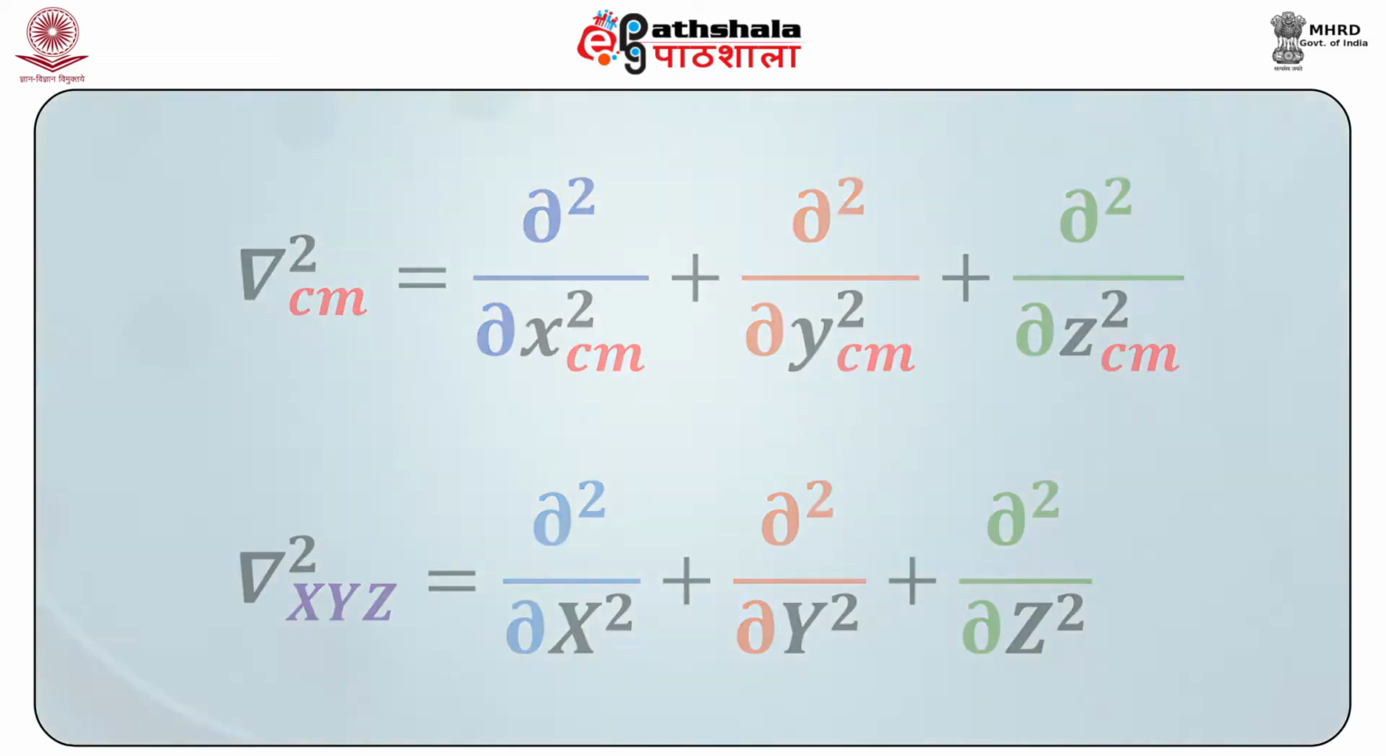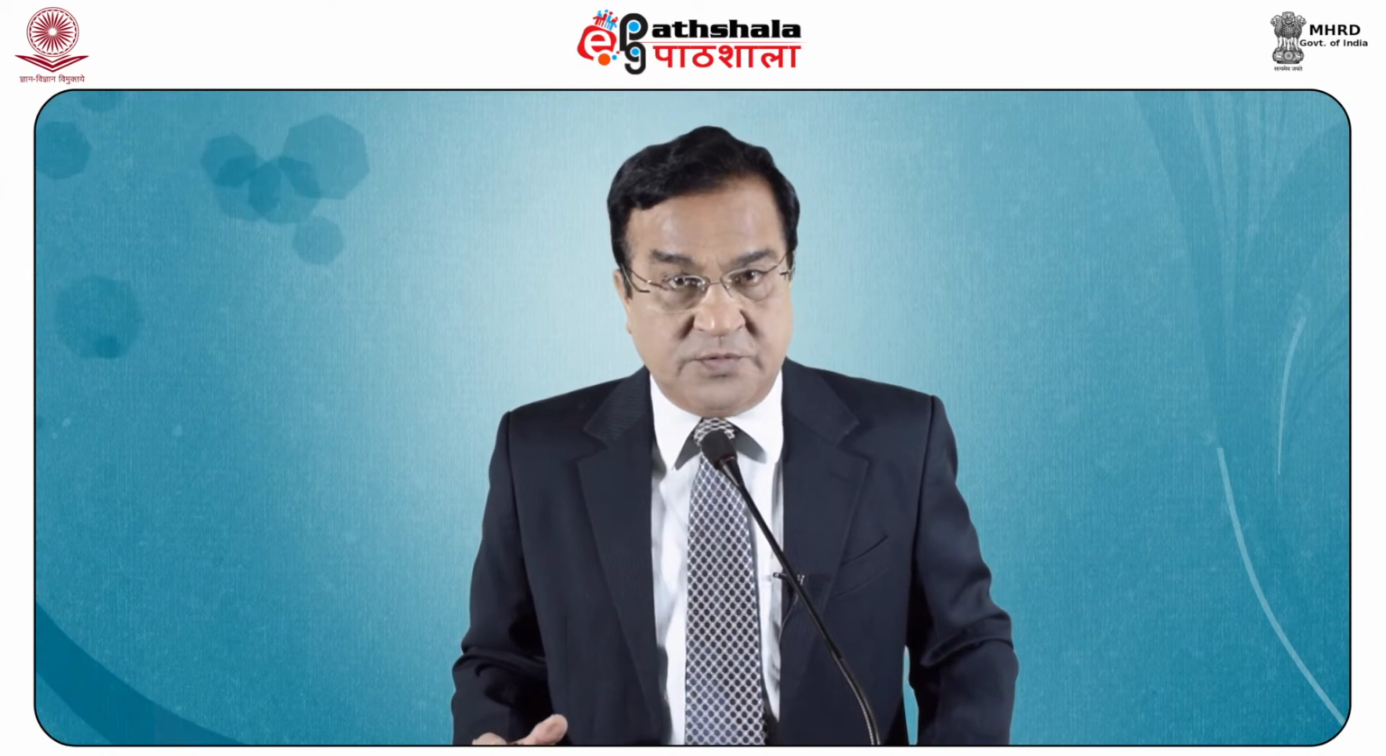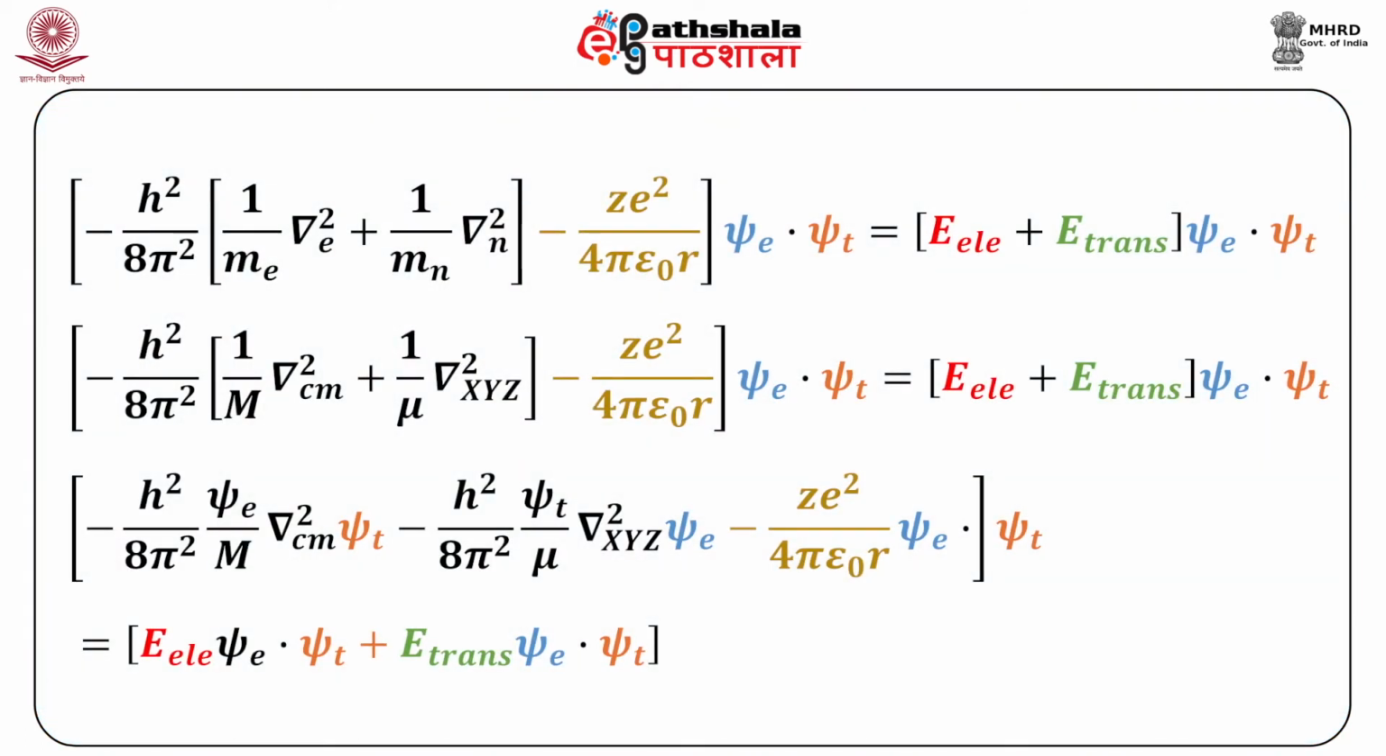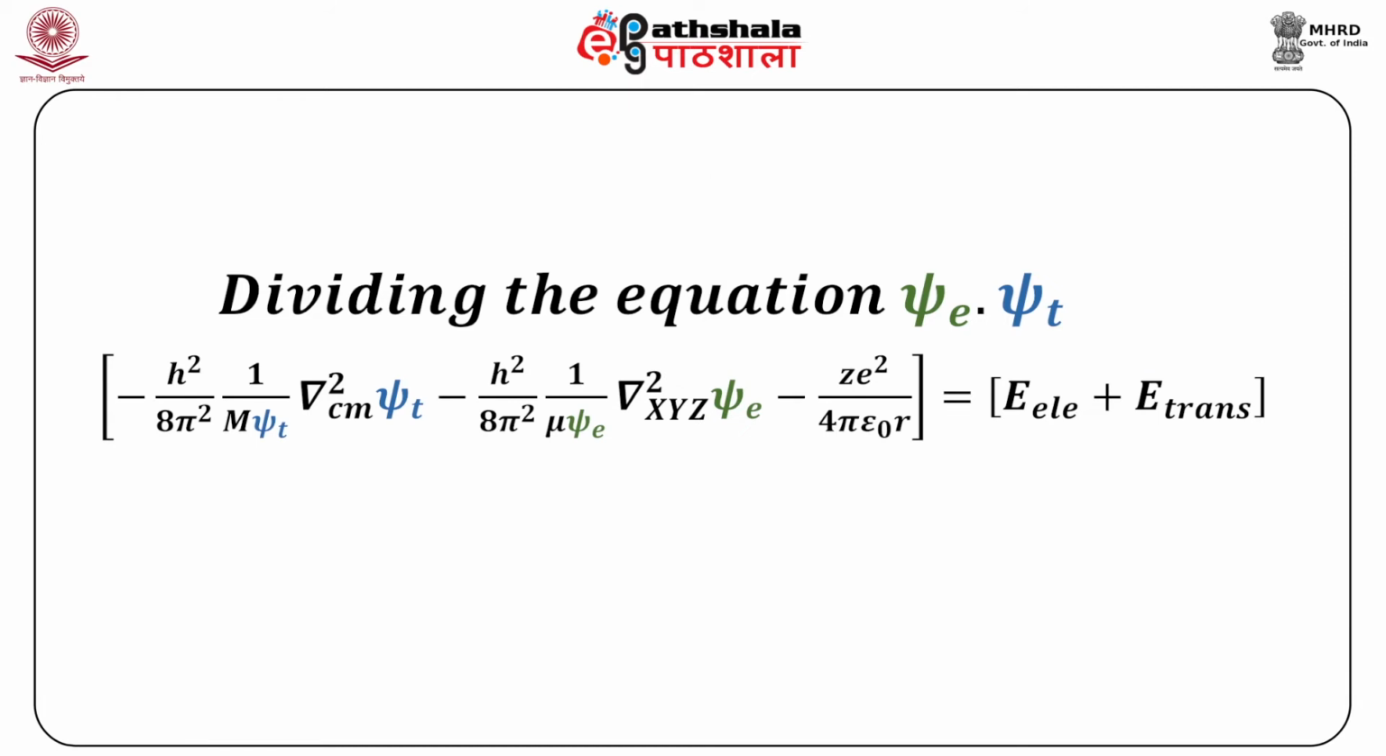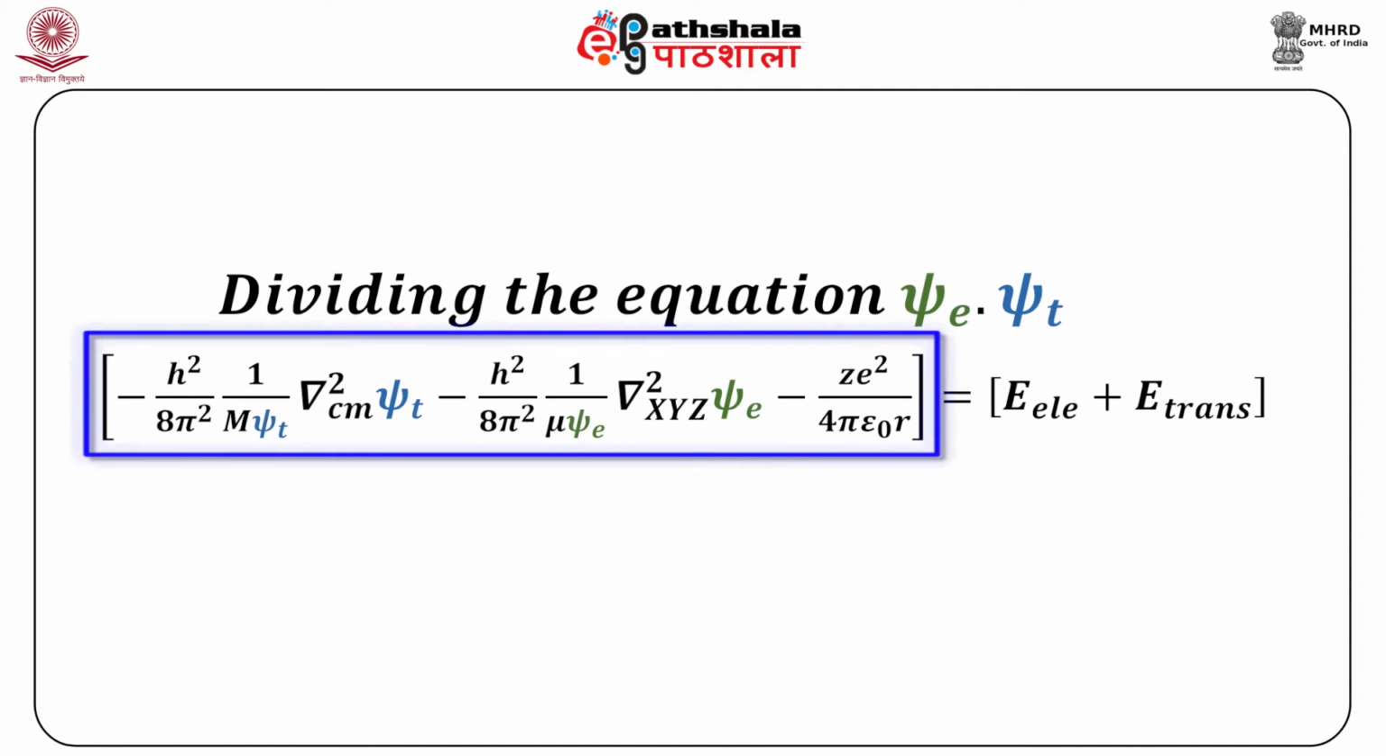So these are very, very important. In this way, if we make some modifications in these equations, ultimately you get an equation: minus h square upon 8 pi square m. Here m is the total mass, because this is the mass which is acting at the center of mass. Then psi t is the translational wave function. Then del square cm, because this is the del square in terms of the center of mass coordinates, psi t,